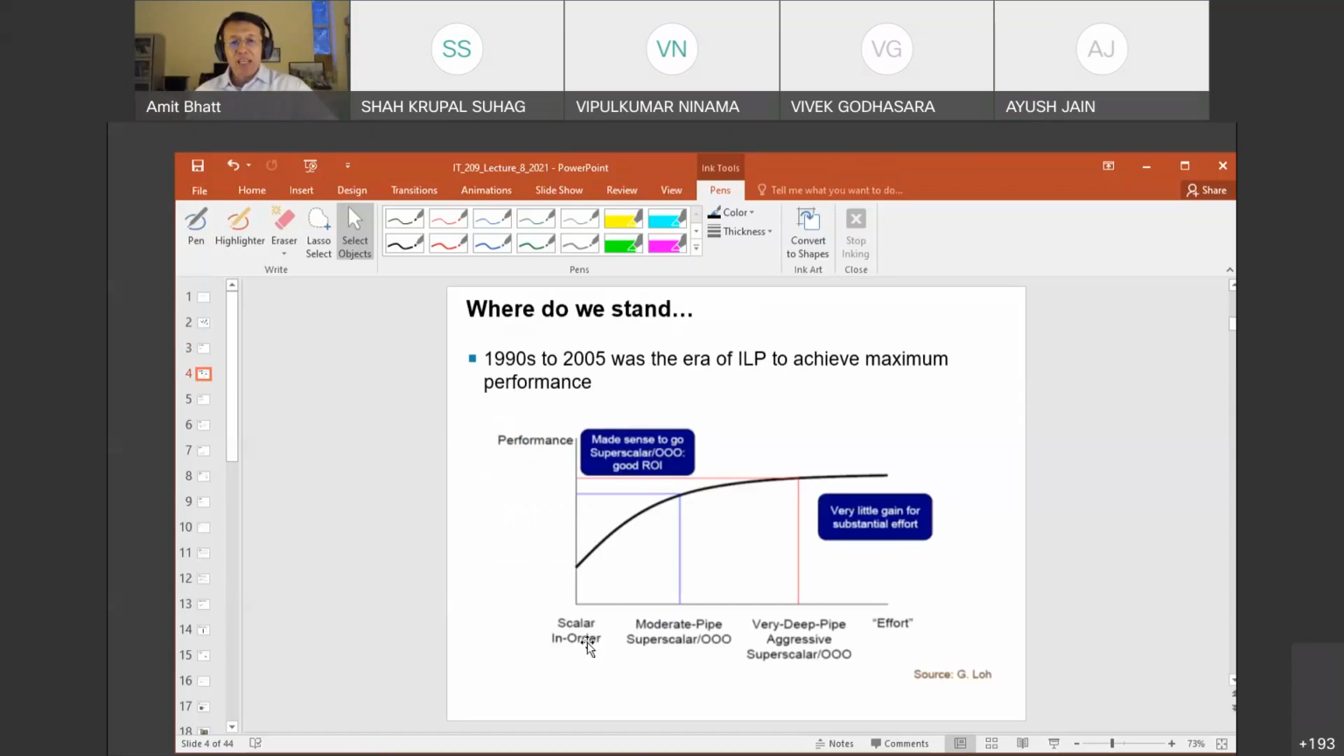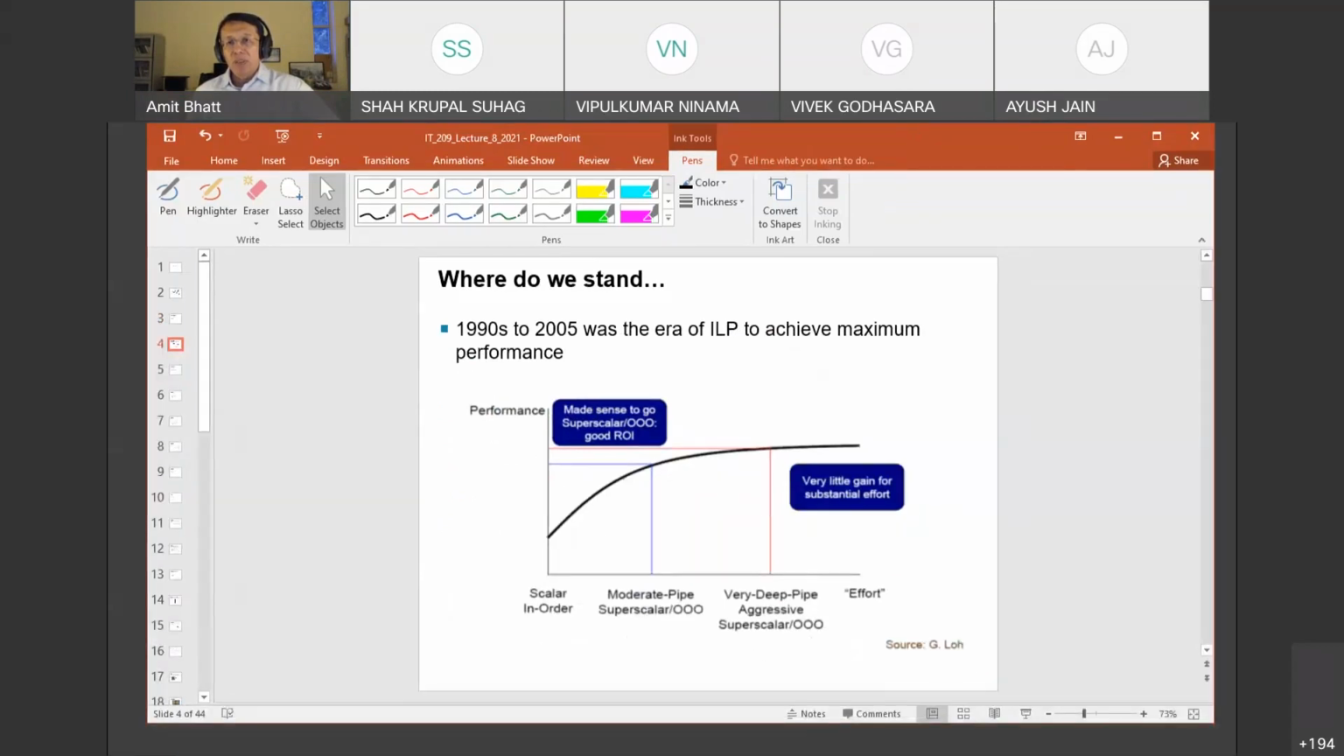So first we came up with the in-order processor in the 1990s. You were having an in-order processor, and that was giving some amount of performance. Now you want to speed it up, and you decided to,